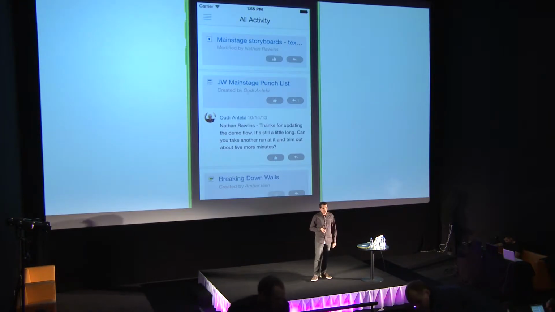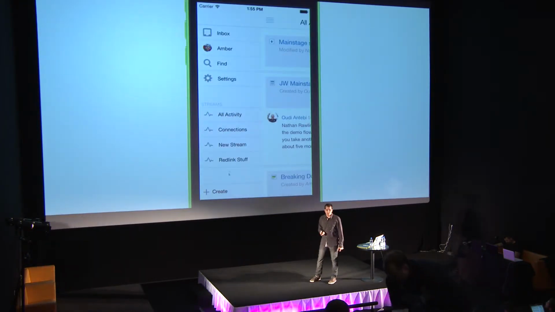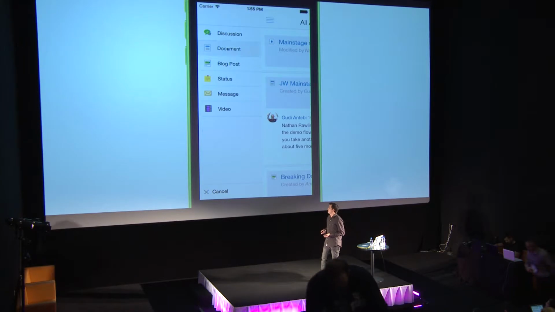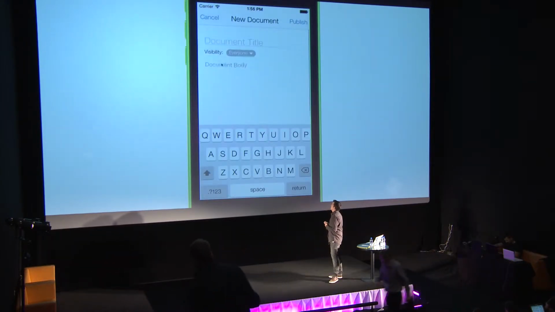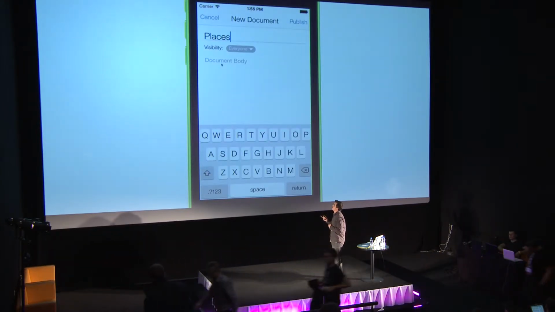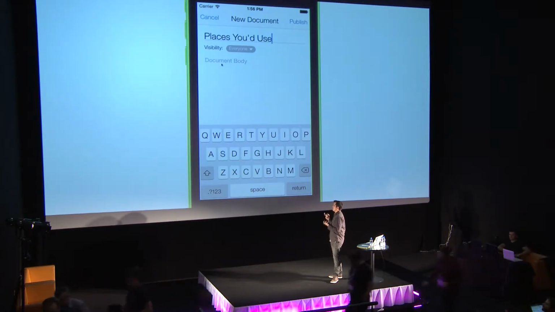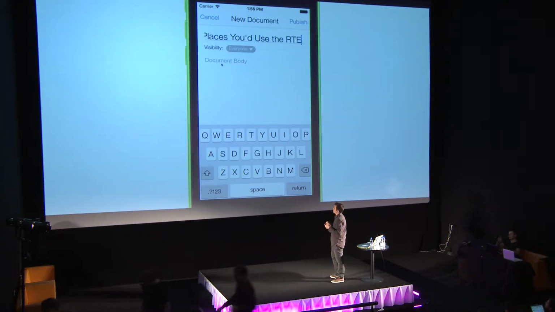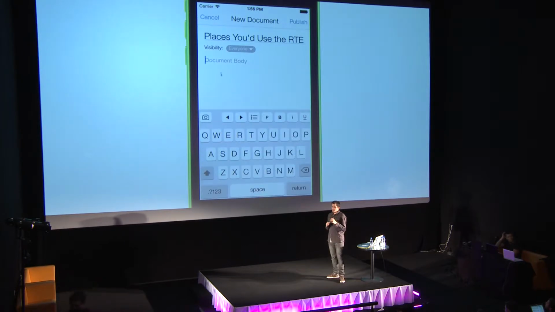So one of the things that, like I was saying, we really wanted to concentrate on was the rich text editing experience on iOS. So here's a demo of the text editor that we made. So one kind of very complicated, I don't want to call it a ball and chain that we have to deal with, but